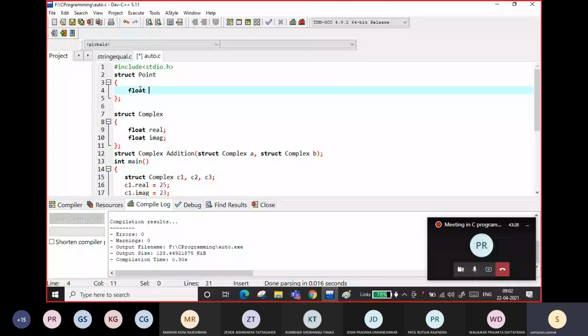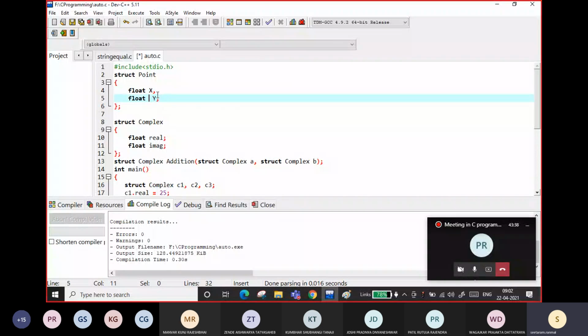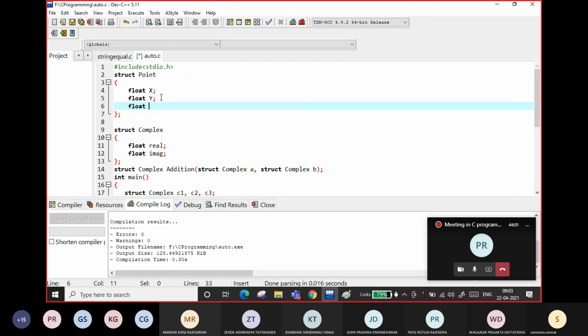So one is x, right? You can write it like this also. No need to have two lines. But if you want to understand this, it only increases readability. Therefore, I am taking these two lines. But you can give the point, comma, and y directly also. Like in our program also we are doing that, right? So similarly, it is only increasing the readability of how the structure looks. So float x, float y. If it is a 3D point, then three variables: float x, float y, float z.